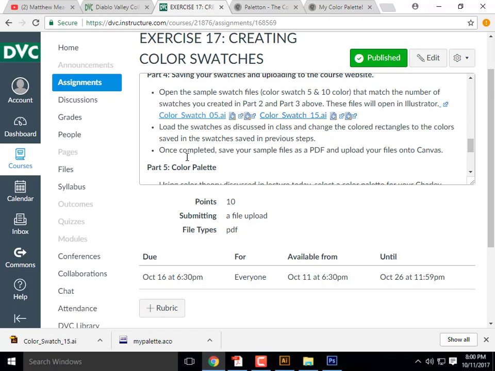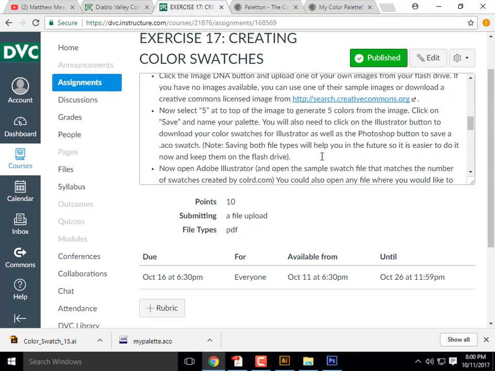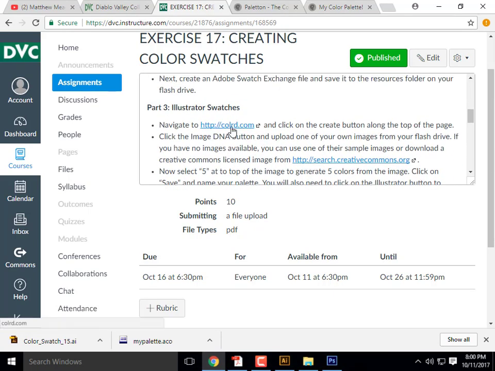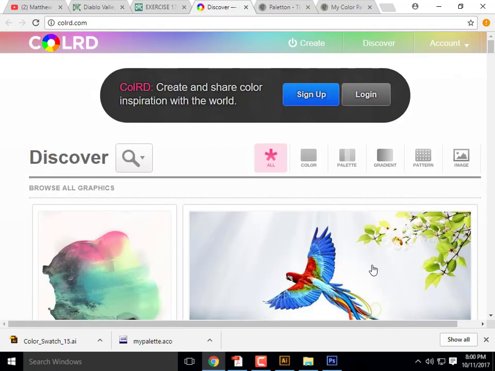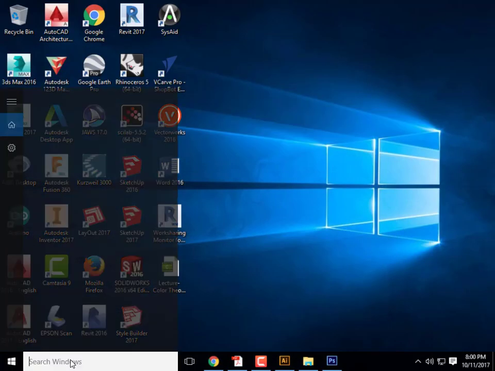Now let's look at our next website. The next website is going to be colored. It's much different than the original. All right, and actually now that I'm thinking about this, I don't think it will work on Chrome. Whenever I try to do this on Chrome, it never works. So I'm going to go over to